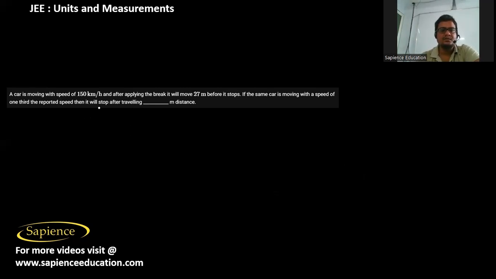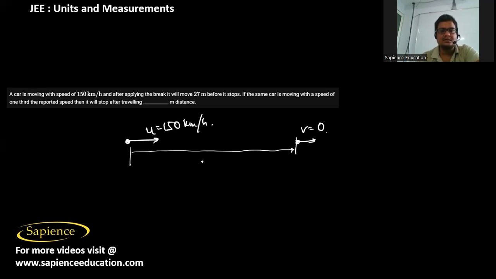A car is moving with a velocity of 150 kilometer per hour, and after applying the brake, it will move 27 meter before it stops. So it will come to rest here. At this point, the velocity will be 0 and the displacement will be 27 meter from here as soon as